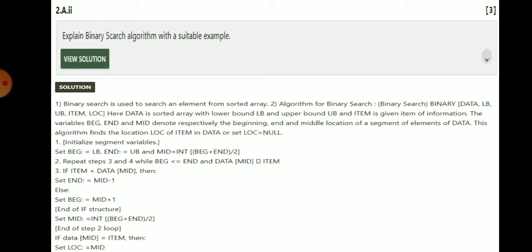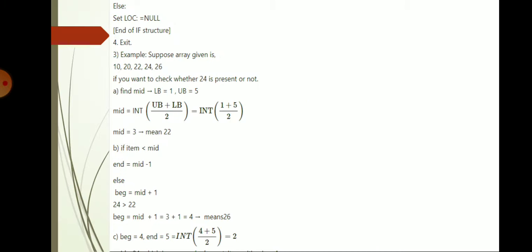Then set MID = INT((BEG + END) / 2). This is the end of the step 2 loop. Then if DATA[MID] = ITEM, then set LOC = MID, else set LOC = NULL. End of the if structure.